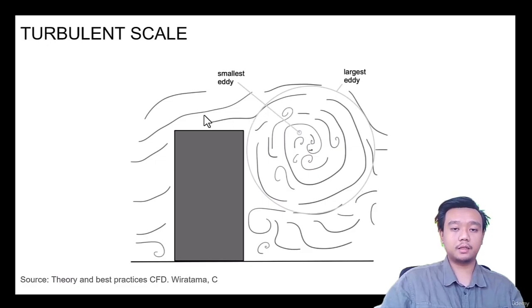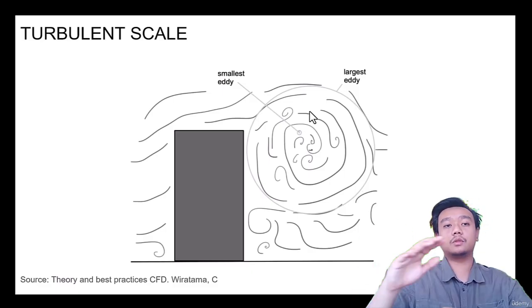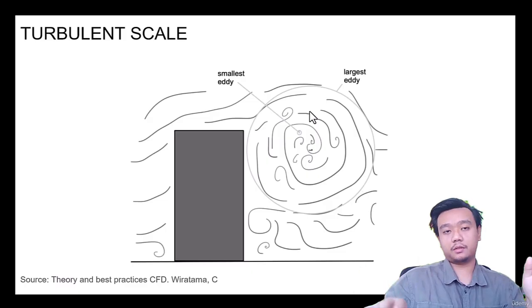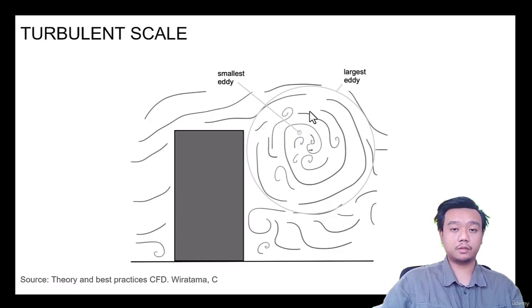So you see that we have a large range of scales, and smaller eddies sometimes swirl faster compared to the large eddy. Let's say we have a large eddy, the motion needs a couple of seconds to rotate, but a small eddy maybe needs just a millisecond to create a single rotation. So besides the scale difference, we are also dealing with the time scale,